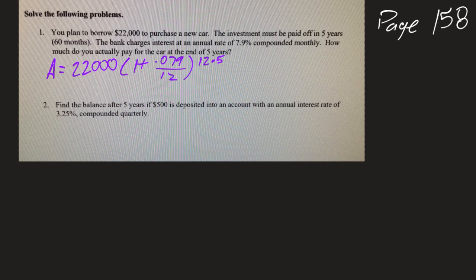So as you can see, I'm back on my compound interest formula. You can see that 22,000 is my initial amount, my principal, a rate of 7.9%, and I'm paying for 5 years compounded monthly. Okay, so I went ahead and plugged in all that information into my equation. Let's see if we got the same result. So after calculating this out, I got